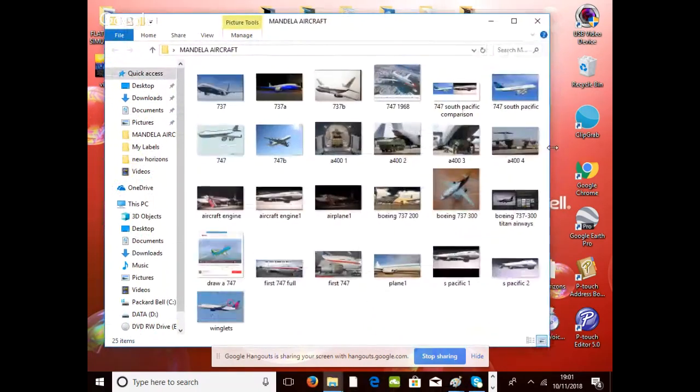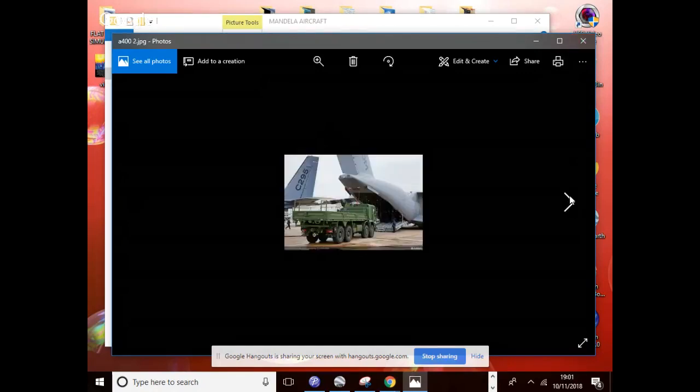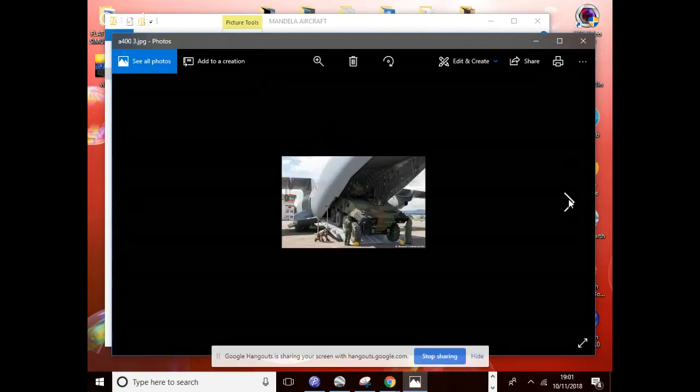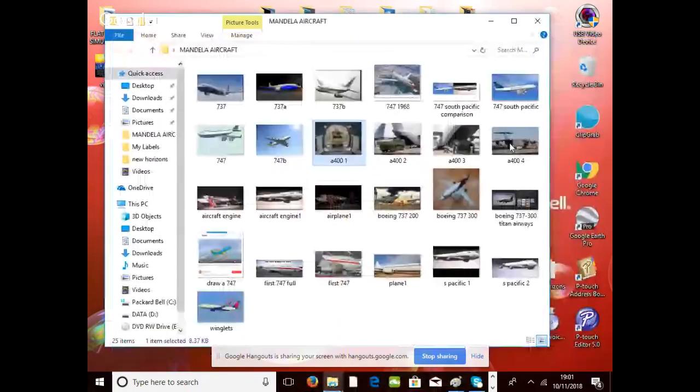Oh yes, more details on that. This is the A400. This is the inside of the plane doing the loop to loop. There you can see they've got the big American Jeeps on there. This is loading a truck onto one of those planes. A little tank. This is the plane doing loop the loops. Now those planes could never do loop the loops, they would just smash to pieces.